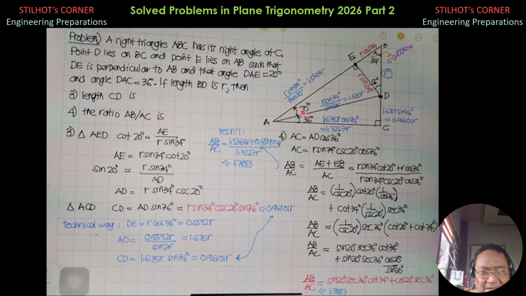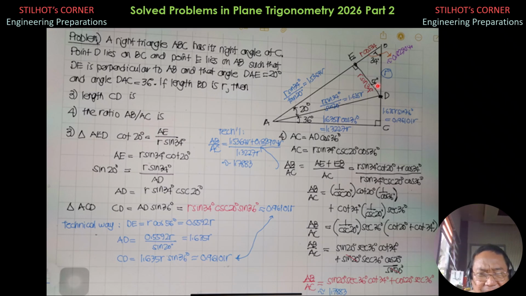So 20 plus 36 is 56 degrees, and remember in the choices there was a 34 degrees angle not stated there, but that 34 degrees should be this angle B here, which is 90 minus 20 minus 36, so that is 34 degrees. I just put 56 degrees here because the normal to that incline is equal to the angle of inclination of that line, which is 20 plus 36, 56. So that's also 56 in the technical way later.